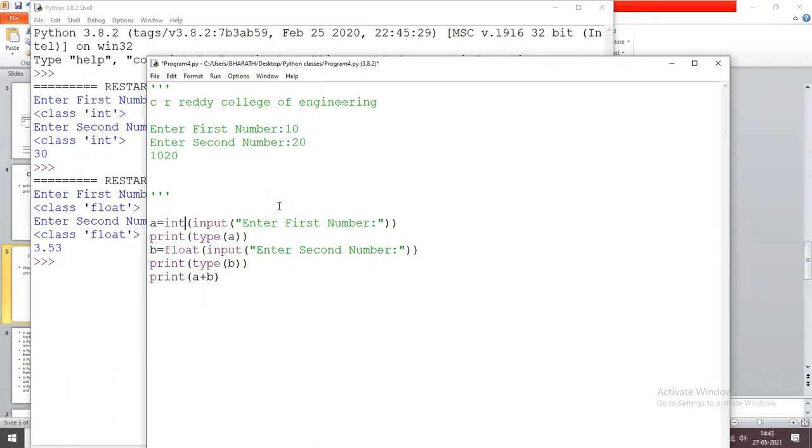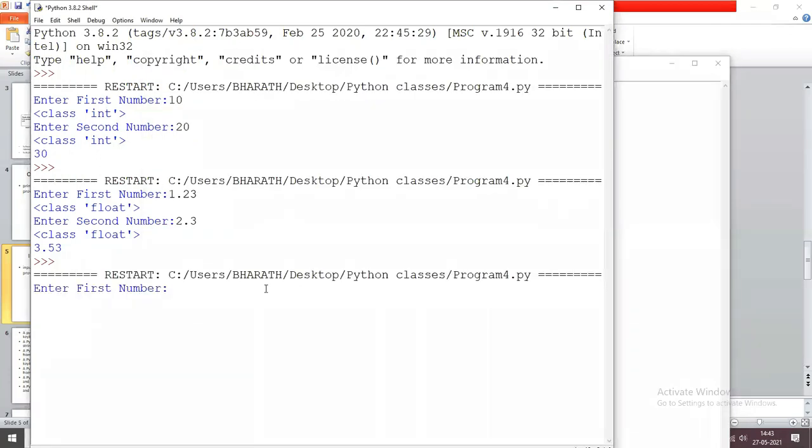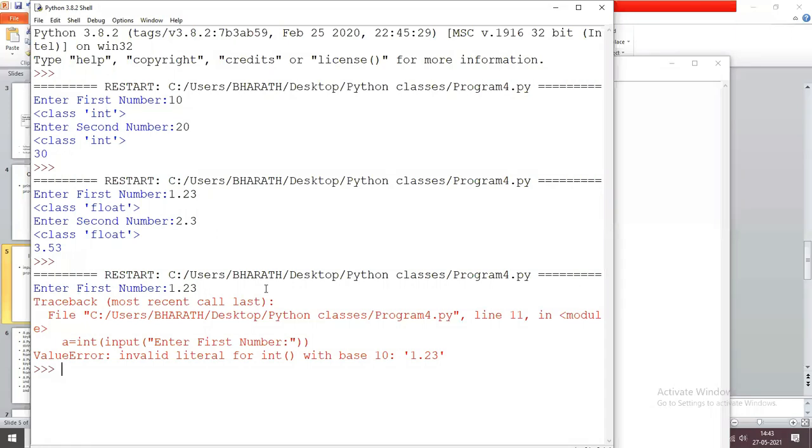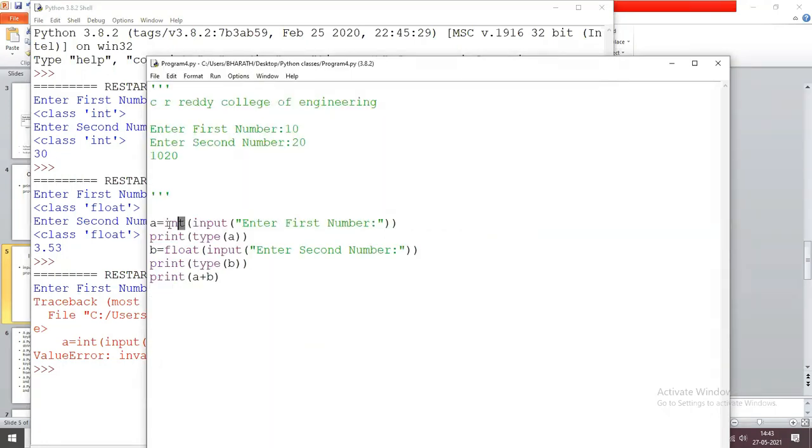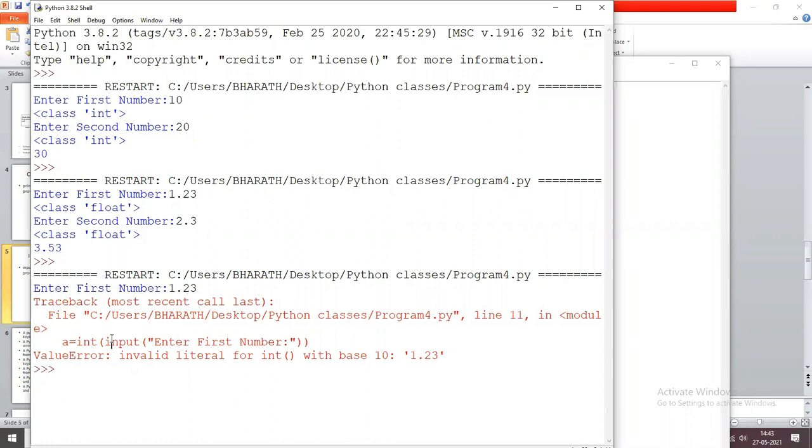Now I give 1.23 as input. Now we got the error. Why? Here in the program you are converting the data 1.23 into integer. That is an error. I hope you all understand how to convert a string into integer, a string into float.